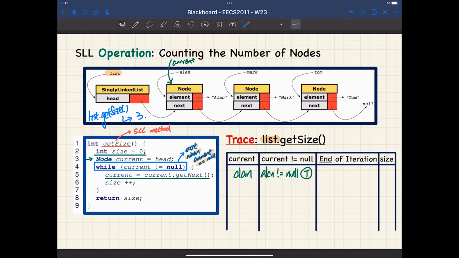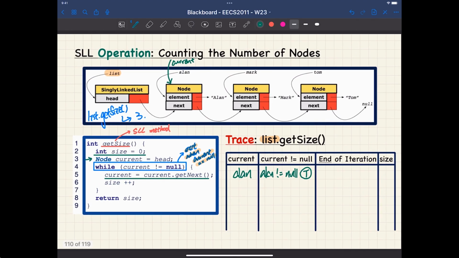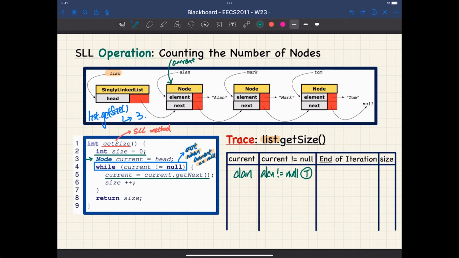Let me say that again. Initially, we simply set the current value to be the head. So that's why current is pointing to wherever the head is pointing to. Again, aliasing. Okay? And then for the very first iteration, we're actually going to set the current to be its next. All right? So what we do here is basically we're executing